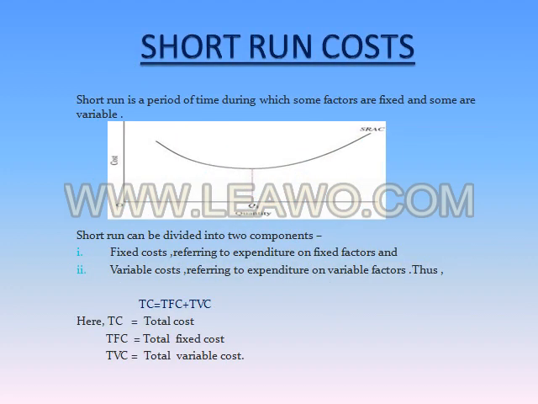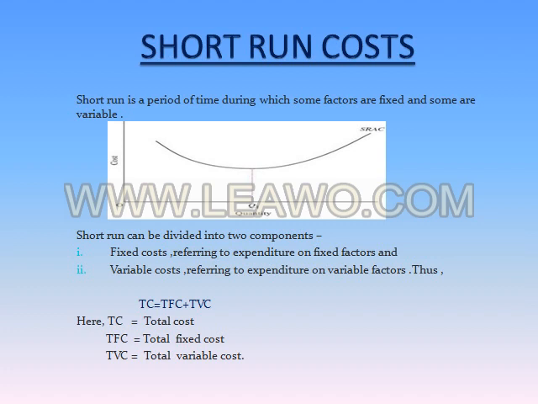Short run cost. Short run is a period of time during which some factors are fixed and some variable. Accordingly, short run costs are divided into two components: fixed cost and variable cost. Fixed cost. In short period, cost of fixed factors are known as fixed cost. Fixed costs are the sum total of expenditure incurred by a producer on the purchase or hiring of fixed factors